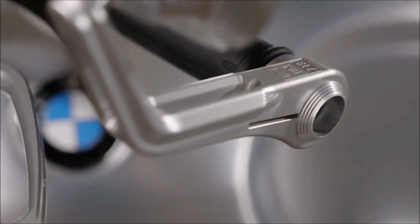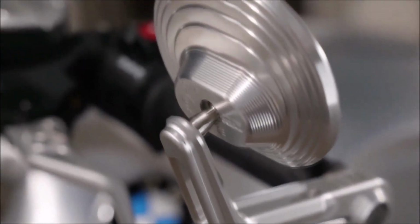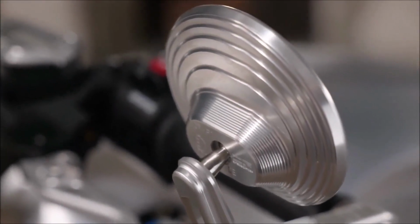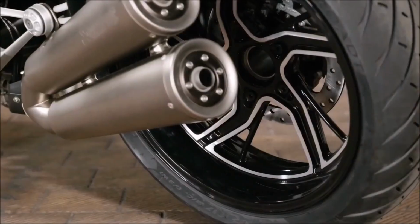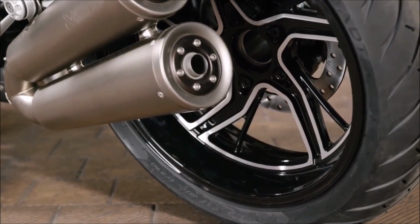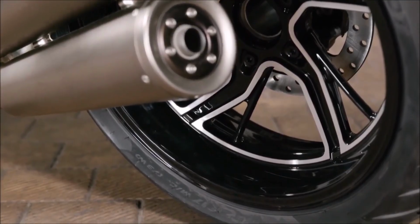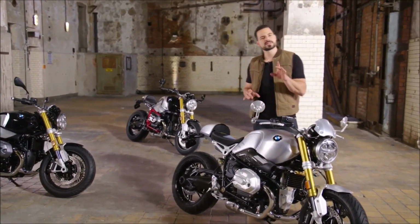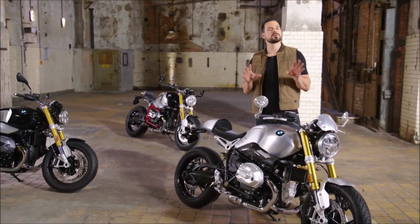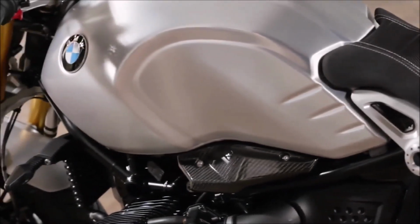To produce all these parts is very complex, from forging the engine parts to a long-lasting milling process and the final quality check. And the icing on the cake, the new option 719 Wheel Sport. BMW already offered this wheel for a few other models, now also for the nineT family. Seriously, in addition with some cool original BMW Motorrad accessories, like for example these carbon parts here, this bike looks